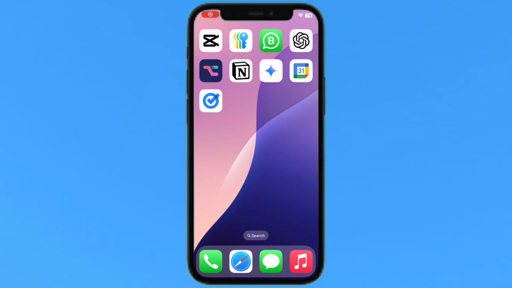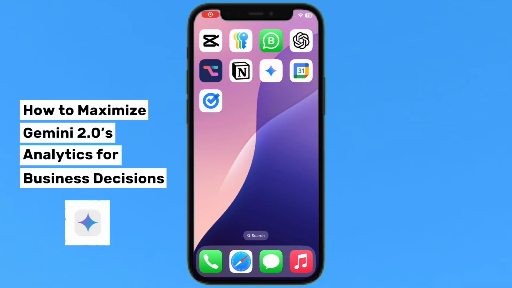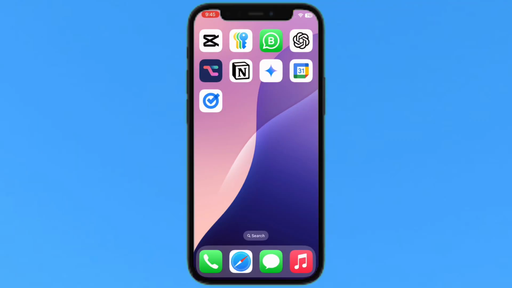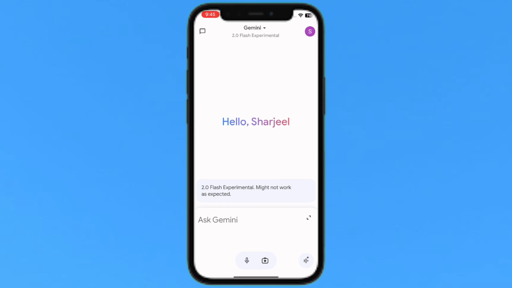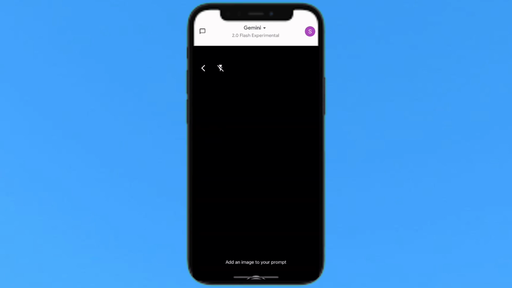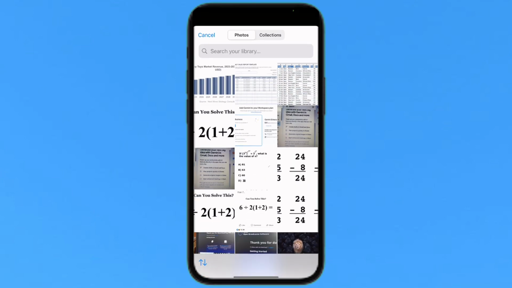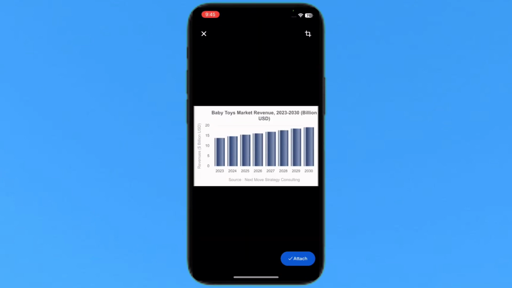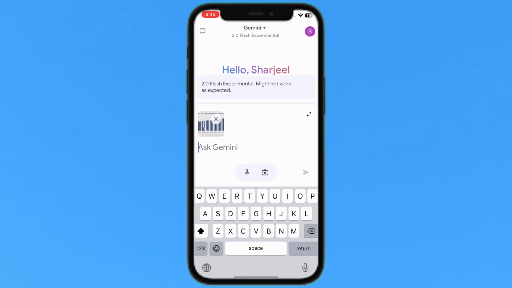Hello everyone, today I'm going to show you how to maximize Gemini 2.0 analytics for business decisions. So just tap on Gemini 2.0 version and I will just attach the data example. I will just put this image, and it is baby toy market revenue of 2023 to 2030. So I will just attach it and ask Gemini